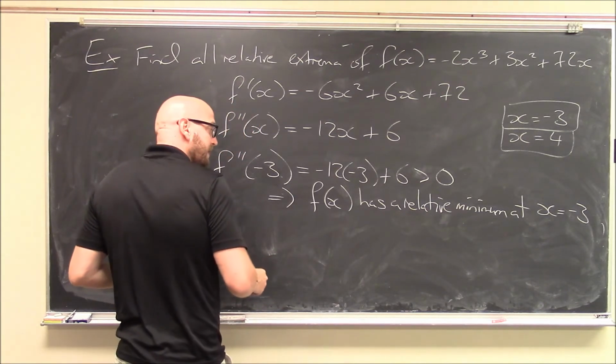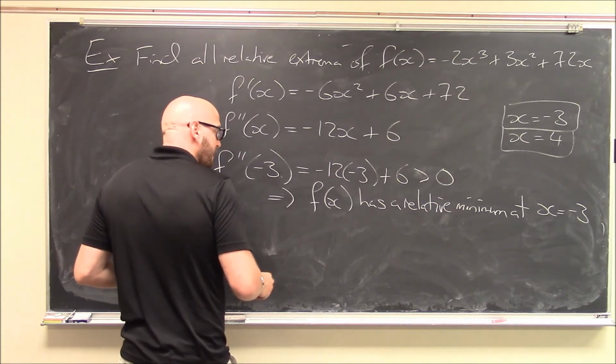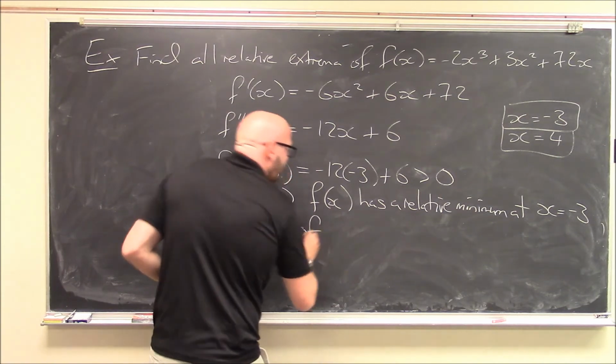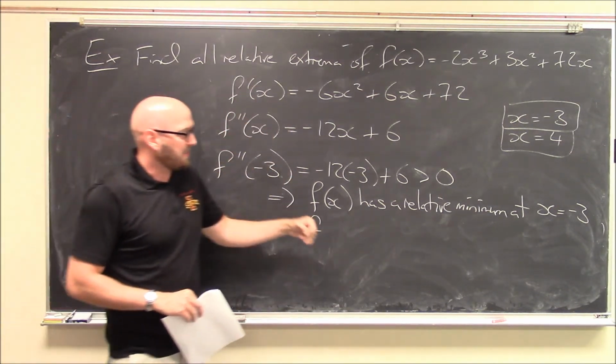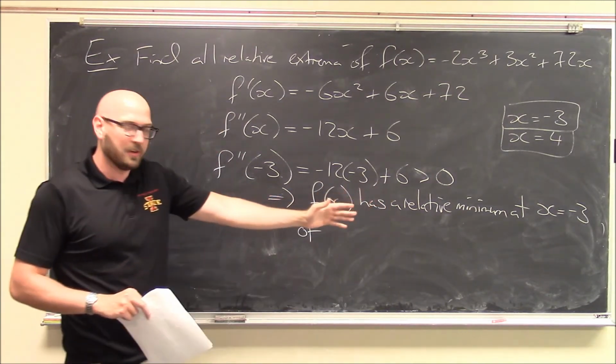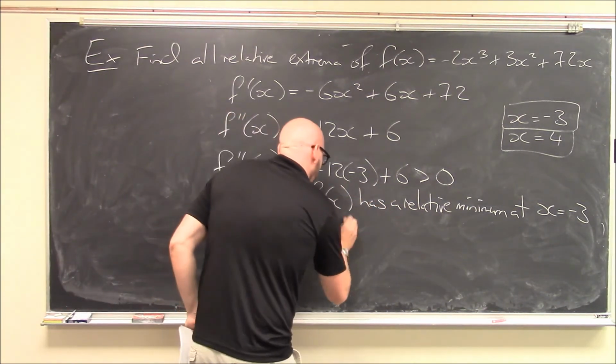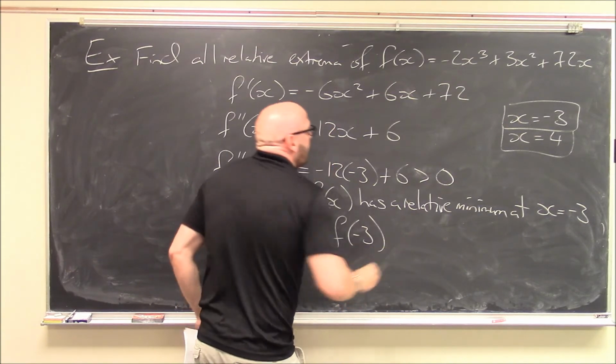And right, the question was to find all the relative extrema. So it's not asking us where it occurs, although all the work goes into figuring out where it occurs, but it's of f of minus 3,